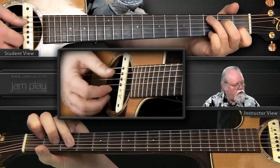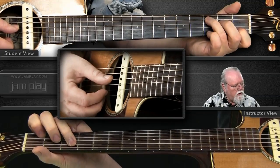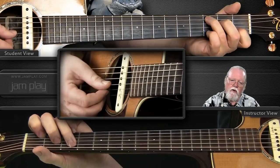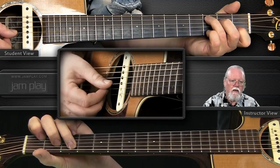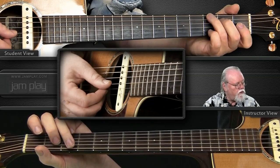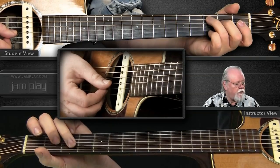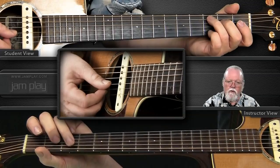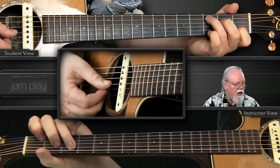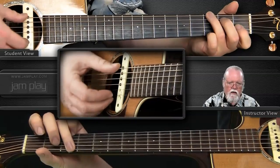has to happen, you see my ring finger and my middle finger are on the 3rd fret of the 5th string and the 2nd fret of the 4th string respectively. So where they need to go to be a part of the G chord is those two fingers can just lift up and move over one string each, and then they're right where they need to be. I don't need to alter their shape or the frets that they're touching. I just need to move them over one string, and then as I do that, my little finger comes down on the high string. So C, G,